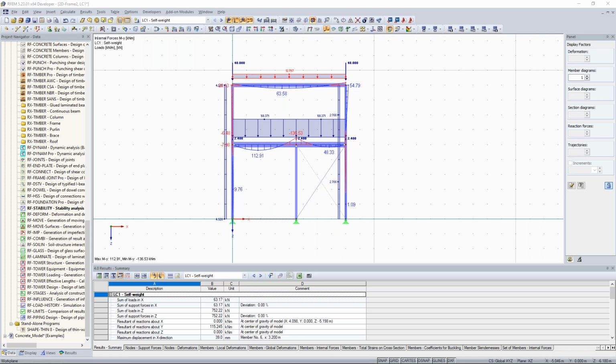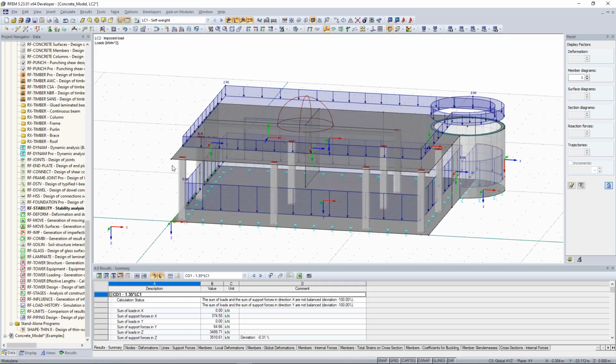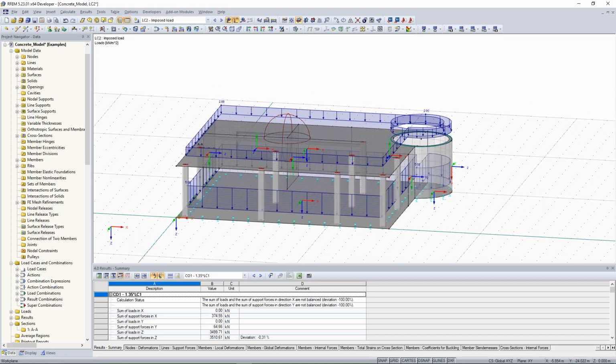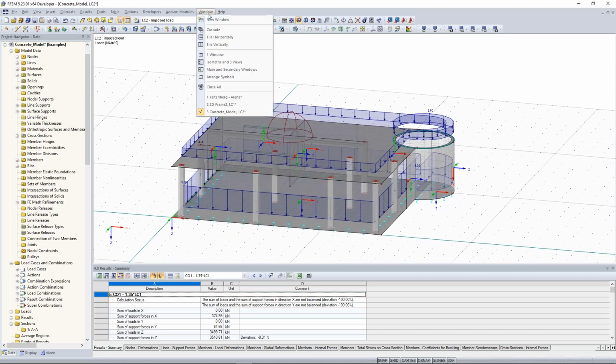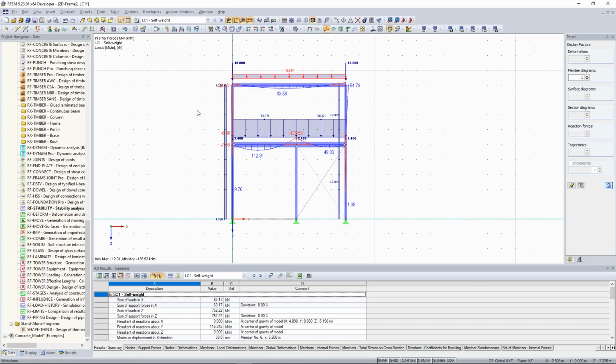Yeah, that is possible. It's similar to RF-STABILITY, where you can calculate that. So you have this structure here, and now you want to see, okay,